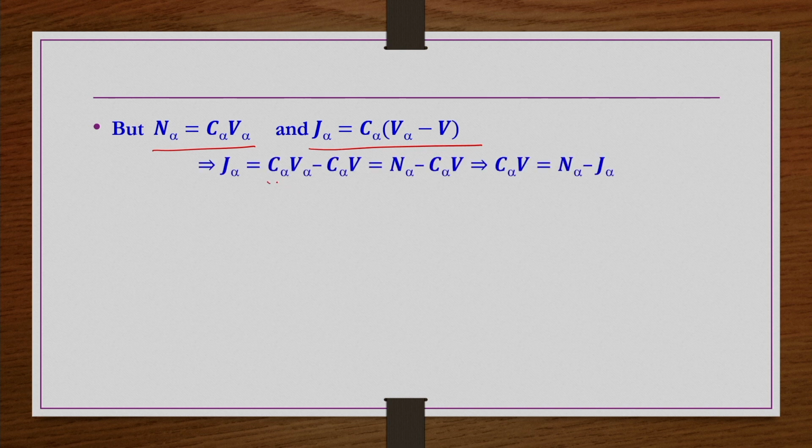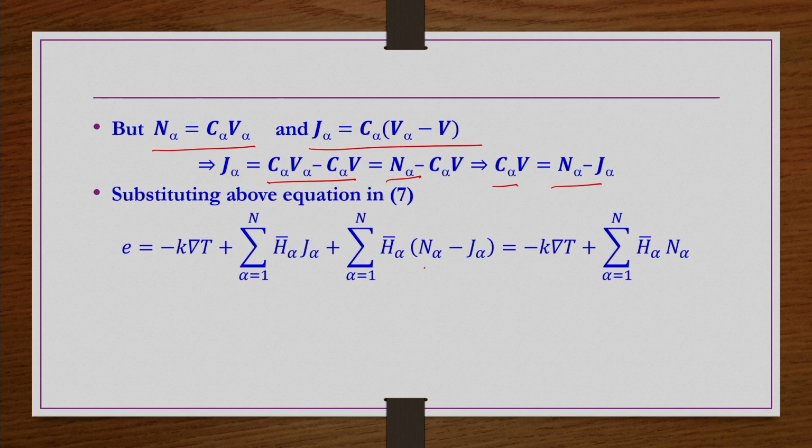Now this J alpha, if I expand, is C alpha V alpha minus C alpha V. In place of C alpha V alpha I can write n alpha. Now from here I can write C alpha V as nothing but n alpha minus J alpha. So this we are going to use in equation number 4. Here what we had was C alpha V, so in place of C alpha V we are writing n alpha minus J alpha. So that this H alpha bar J alpha and then this H alpha bar J alpha cancel out, and we have only sigma H alpha bar n alpha,